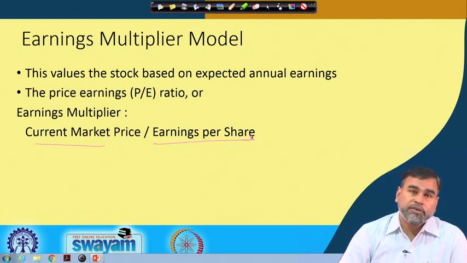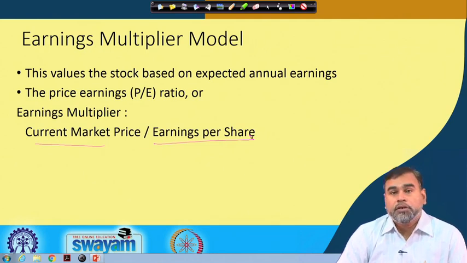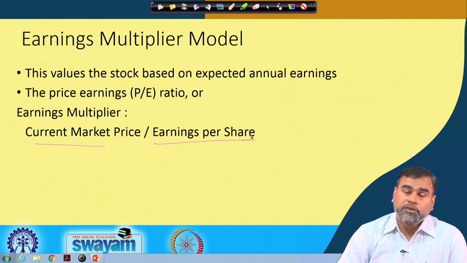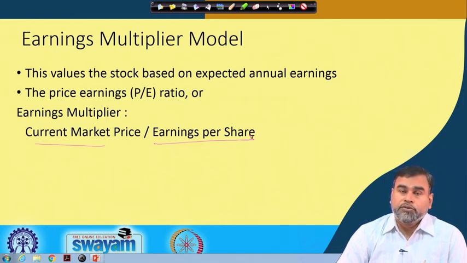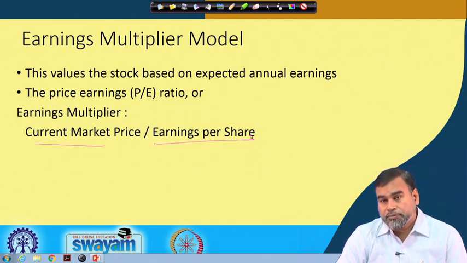And what is the interpretation of the P/E ratio? The P/E ratio interprets that to get one unit of return, or 1 rupee or $1 of return from a particular stock, you have to spend 5 rupees. So, if you are spending 5 rupees, you are getting 1 rupee. So, the lower the P/E, the better for the investor.